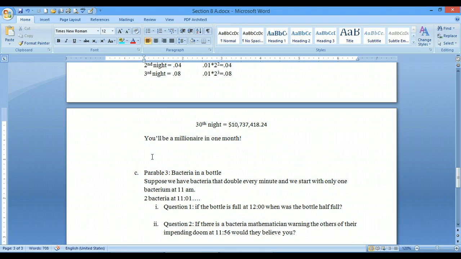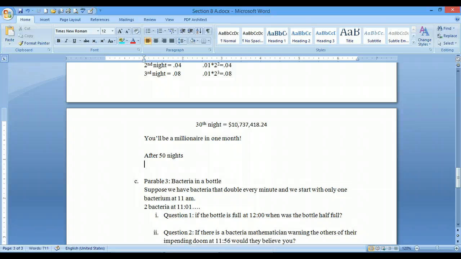Let's just see what would happen after 50 nights. We could go back into Microsoft Excel and continue clicking and pulling down till we get to 50, or we can use our equation, 1 penny times 2 being raised. Instead of doing our caret in this one, let's go ahead and do our superscript being raised to 50. Getting out of the superscript and equals. We can highlight this, copy,